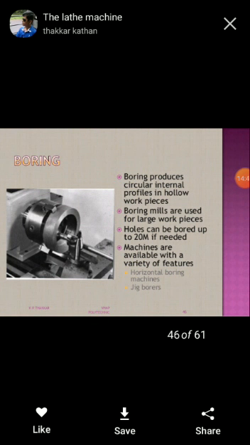Boring. Boring produces circular internal profiles in a hollow workpiece. Boring mills are used for large workpieces. A hole can be bored up to 20 meters if needed. The machines are available with a variety of features: horizontal boring machines, jig borers,